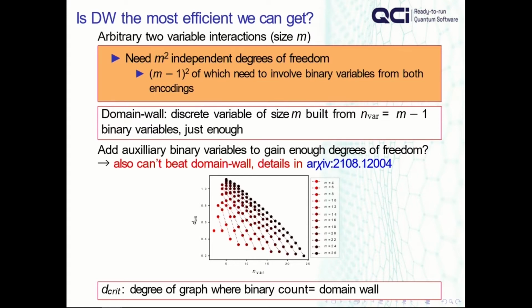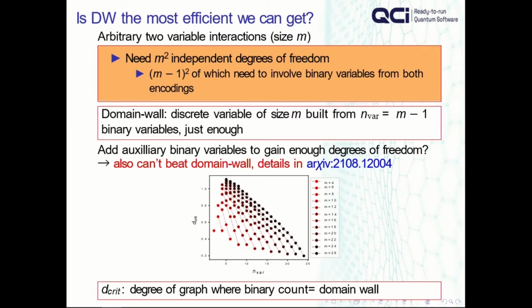But what we show here is that beyond that, it's the most efficient you can get. We looked at multiple cases. We looked at, well, what if you take a binary encoding, and I try to count the interactions, I don't actually have enough with just quadratic interactions, so just pairwise interactions between the qubits. If you count them up, you don't have enough. However, at least for large sizes.